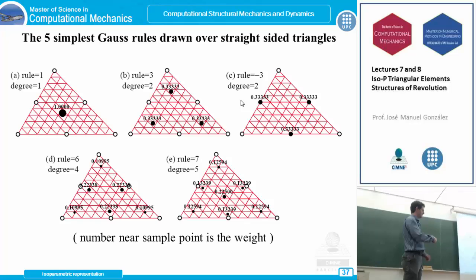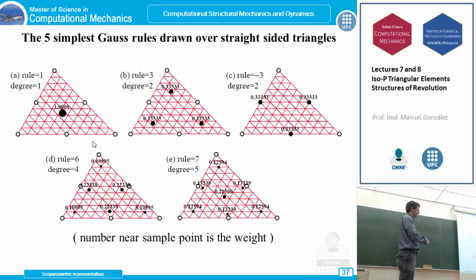For example, in the next slides we are going to talk about the difference between this open and closed quadratures, because sometimes if we want to calculate the location of this point here in the boundaries, we could have some problems. Okay? And apart from that, we have these open quadratures with the location of these Gauss integration points inside the triangle, with 6 or 7 Gauss integration points, which is more as this degree 4, degree 5 of polynomial exact